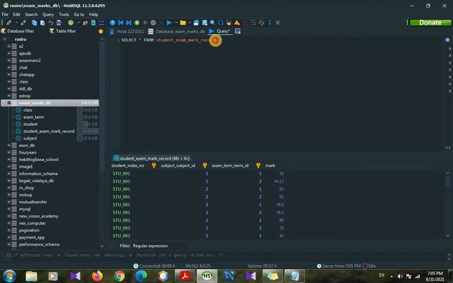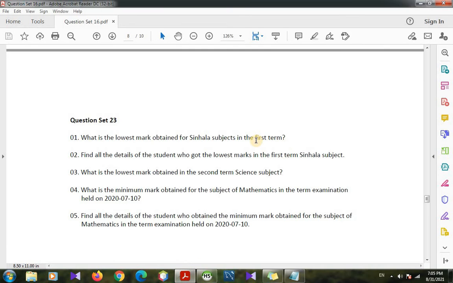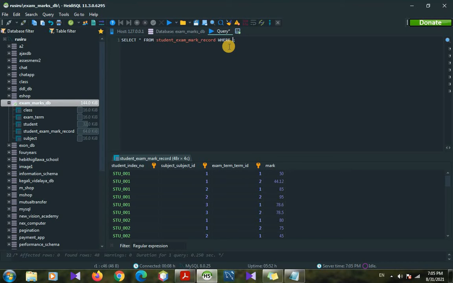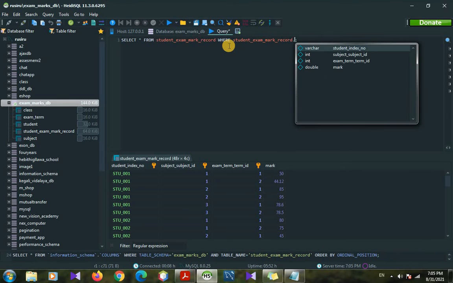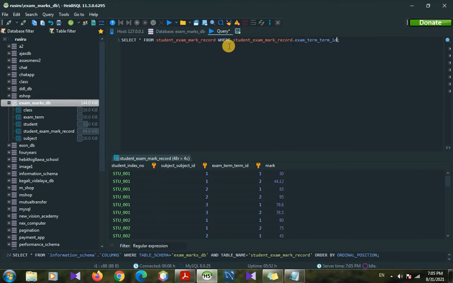Next we can use a where clause to select the term, because this question asks for the first term. So we type student exam mark record table dot term id equal to the first term.